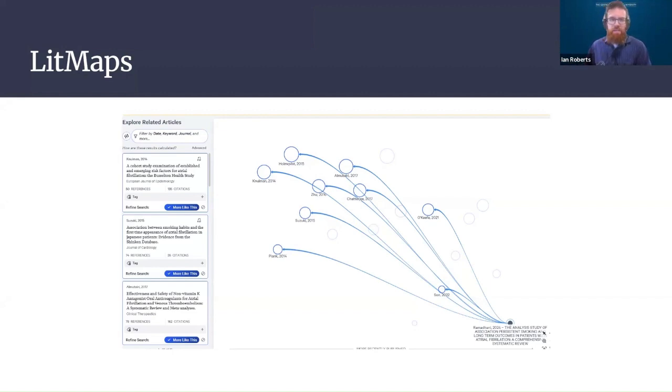Rebecca, any notes on LibMaps? I think I have a thumbs up for me. No, it's a pretty good summary. We really like LibMaps in terms of just finding new literature. We wouldn't say use it in replacement of a classic literature search, but it's a good supplement. As long as you're not reading automated summaries or anything like that, you should be fine.